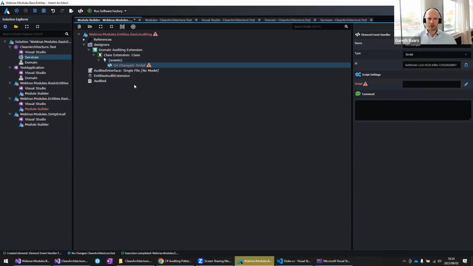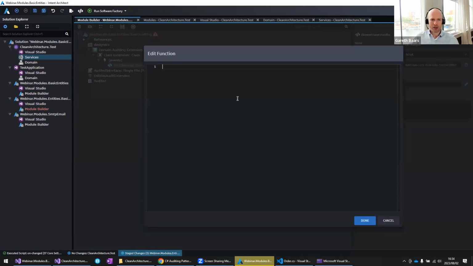This is an event, a script that will essentially get run every single time the class gets changed inside of the designer. So every single time we add a new field or add a stereotype or anything like that, this script will run. Obviously the script's empty, so it's telling us we need to actually add a script over here. And what we're going to want to do is say, if this element, and this is now JavaScript,